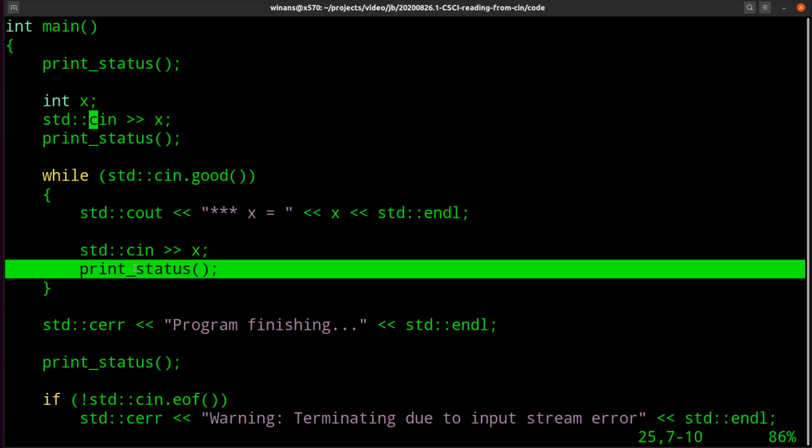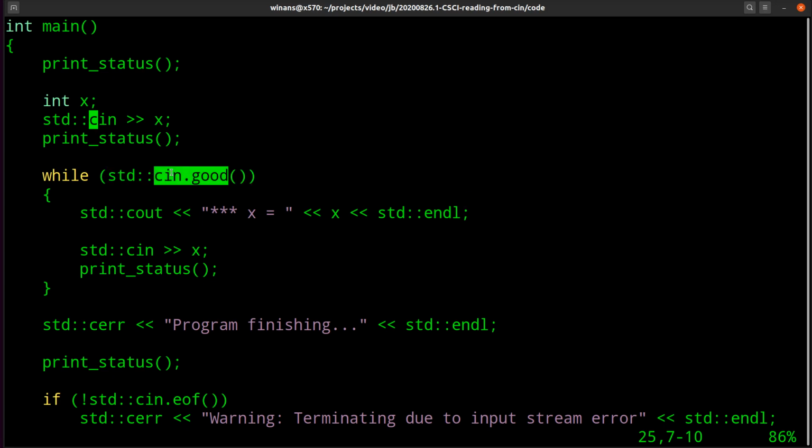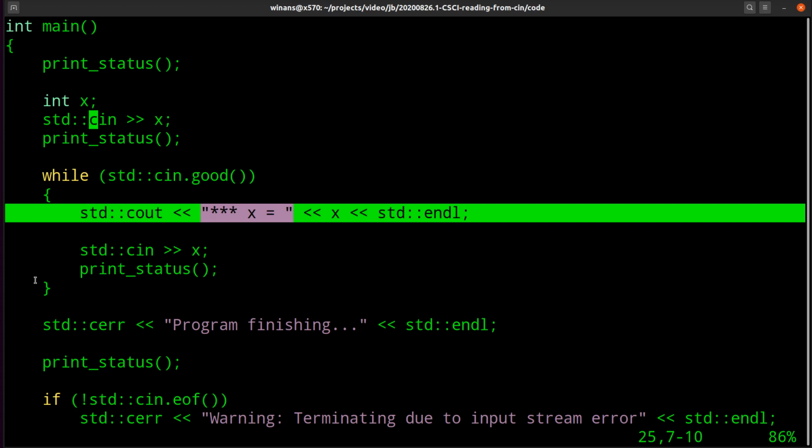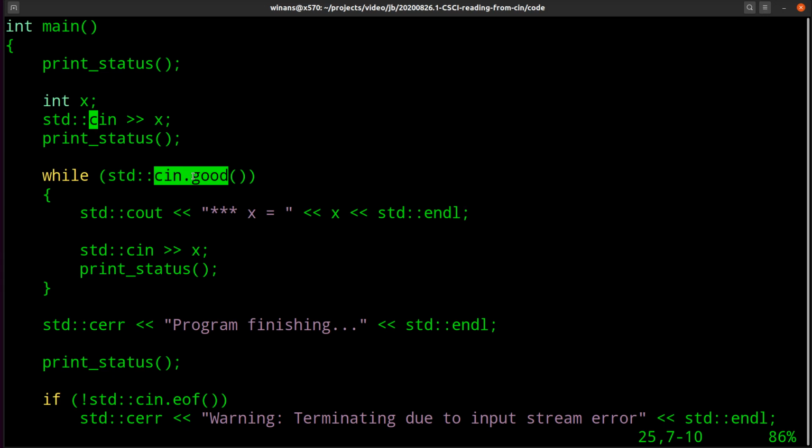I'm going to call print status again down here. Basically, I'm going to call print status after every time I try to read something, because that's when the status really matters, okay? And that's exactly when we ask it to evaluate the status in our while loop, okay? Now, if the stream ever becomes not good, if it's either bad or a fail or an EOF for any reason, if it cannot process the data, we want to end that loop. This makes far more sense than putting EOF right here, okay?